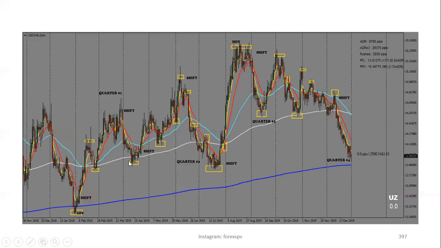And then after having this consolidation here, so this was like a 6 days or 8 days consolidation, and then we had these 3 levels going up with the market taking out these highs. So basically, the market makers had the liquidity they need to shift the market, and we had this very good shift going down. So at the beginning of the third quarter here, we had this consolidation. So this was around 2 weeks of consolidation. And after this consolidation,